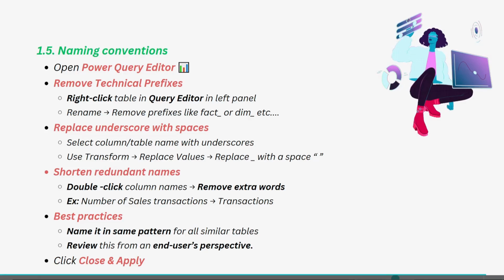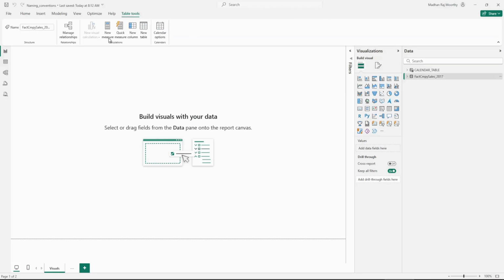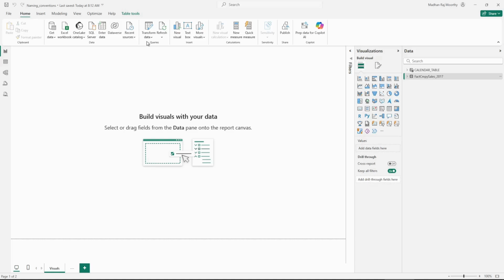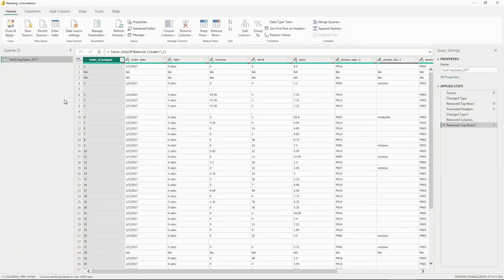As we already loaded the data before, we can navigate to the Power Query Editor by going to the Home tab and clicking on the Transform Data icon, and it will take us to the Power Query Editor. For example, here